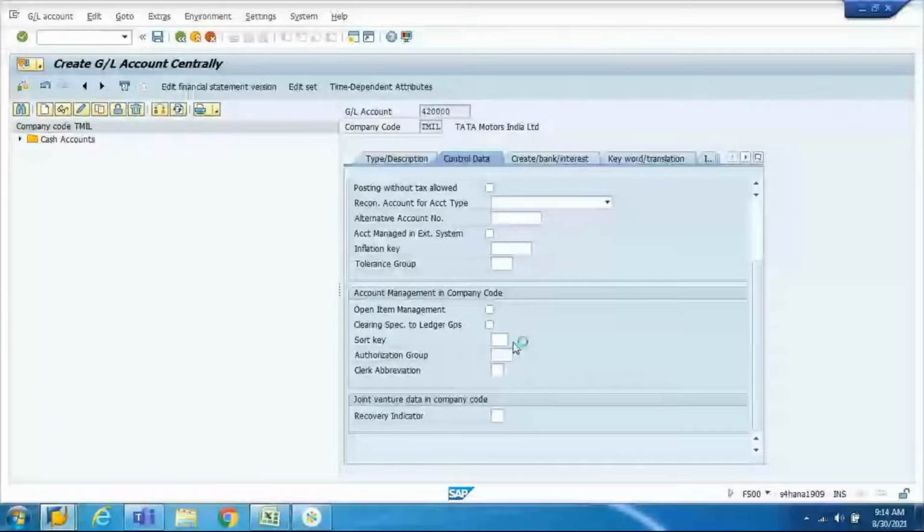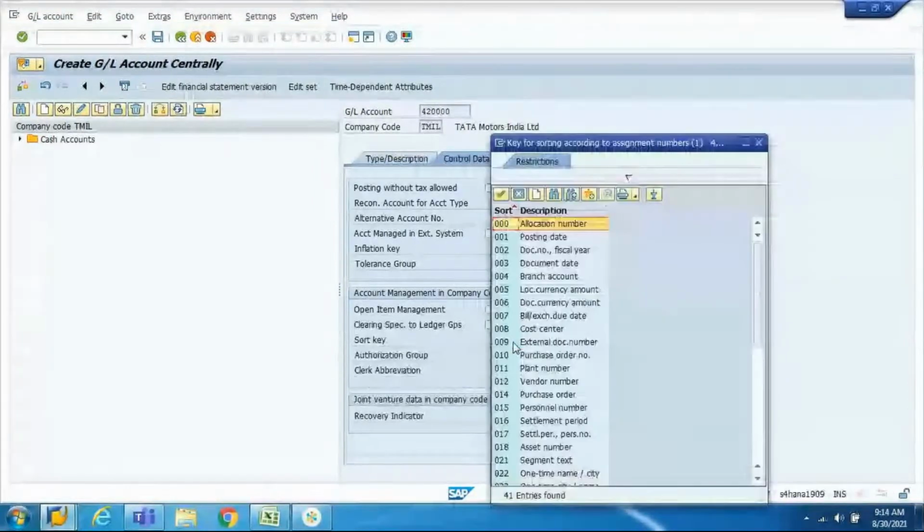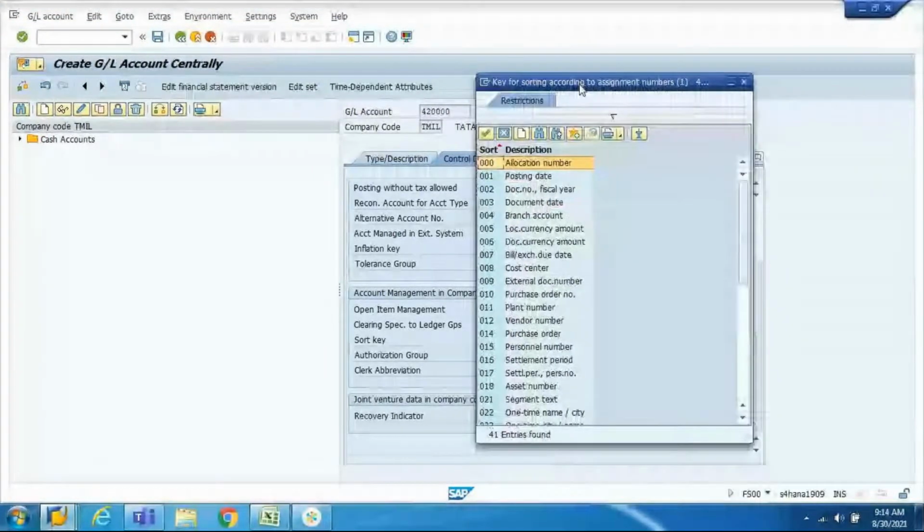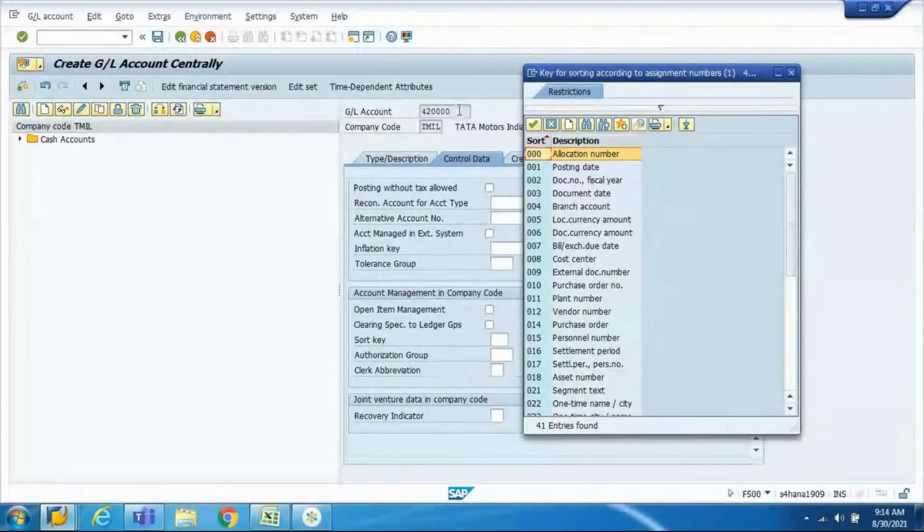So, based on what we give here, be it assignment number or posting date, the assignment field will get updated. Correct. Let's say now you are creating the GL account 420000, which is a purchase account. Any transaction that you are posting to the purchase account, whether debiting or crediting it, you will find in your data entry screen a field called assignment, which is